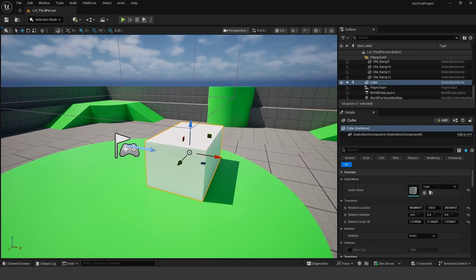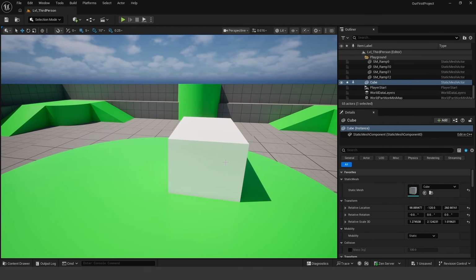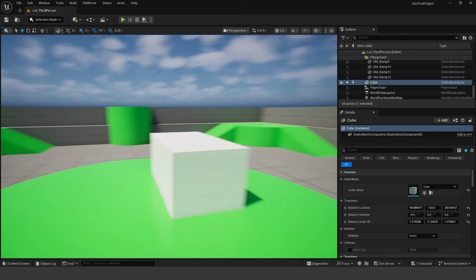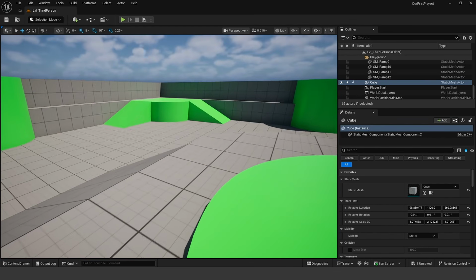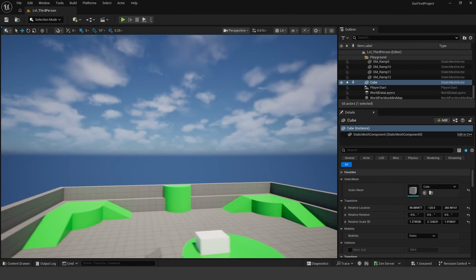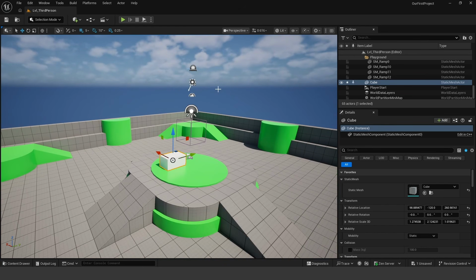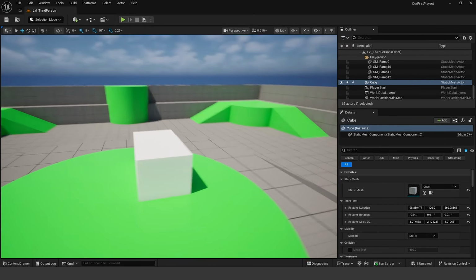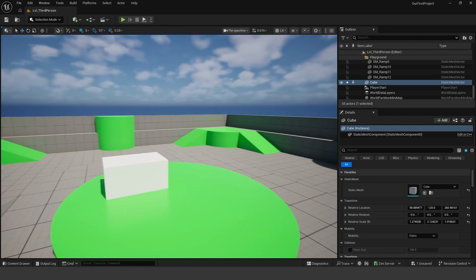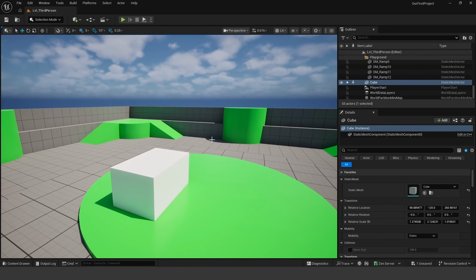Another key that beginners might accidentally hit is the G key. If you press the G key, you might not see any movement gizmo. The G key allows us to go into this game view where it hides all sorts of editor utility icons. All of these little icons over here, it will hide in this game view. Game view is very nice if you want to see what it looks like in game, especially if you want to just take a